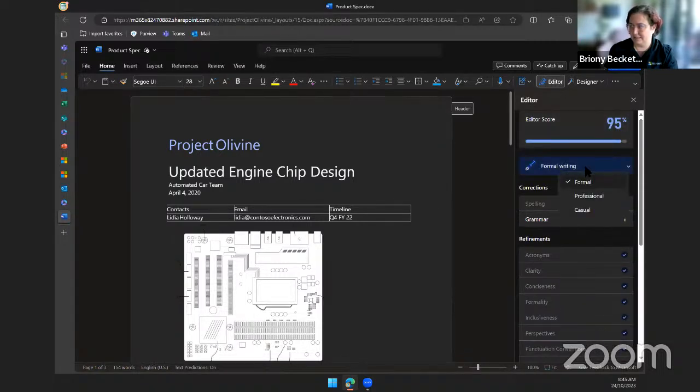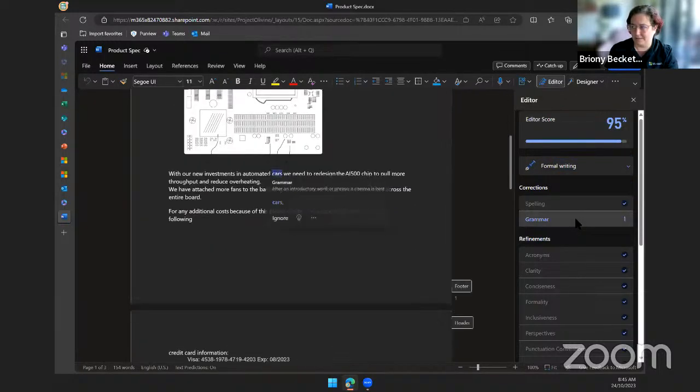It's going to come up and say, how do you want it to be, what type of document is it? Is it casual, formal? So it's going to then assess the writing and your grammar to see what it thinks needs to be changed. In this particular instance, it's going to explain why as well. Traditionally, with the spell check, grammar check, it would have just said, here, change this. Now, as things are evolving, it's actually going to explain, well, this is why we're suggesting this.